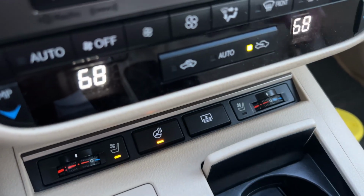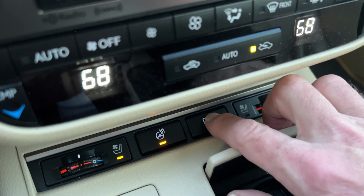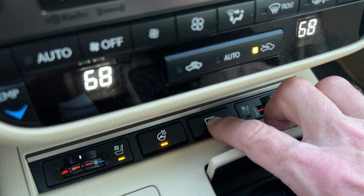Also, a luxury feature is the rear sunshade. So you push that, you'll hear it, but